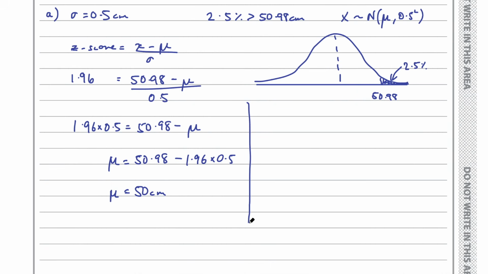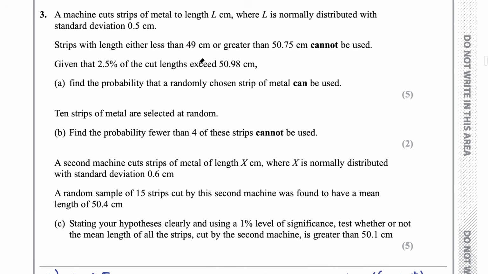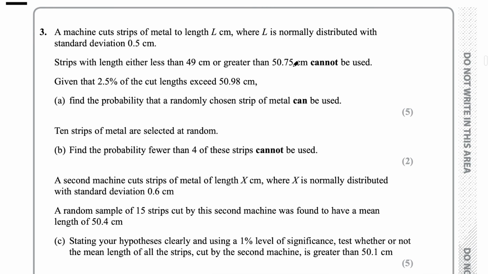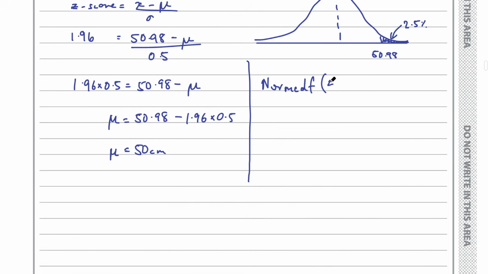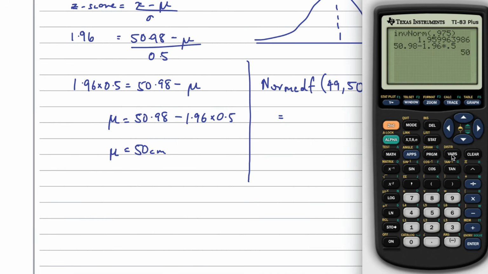So we just need to use the normal distribution function on our calculator, or that's the way I like to do it. So I'll just remind myself of the boundaries. So we're looking for between 49 and 50.75. So that'll be my lower bound is 49, my upper bound is 50.75, my mean is 50, and my standard deviation is 0.5. If I put that into the calculator using the normal cumulative distribution function, it's the second one on my menu there. Put in the lower boundary, upper boundary, mean, and standard deviation,